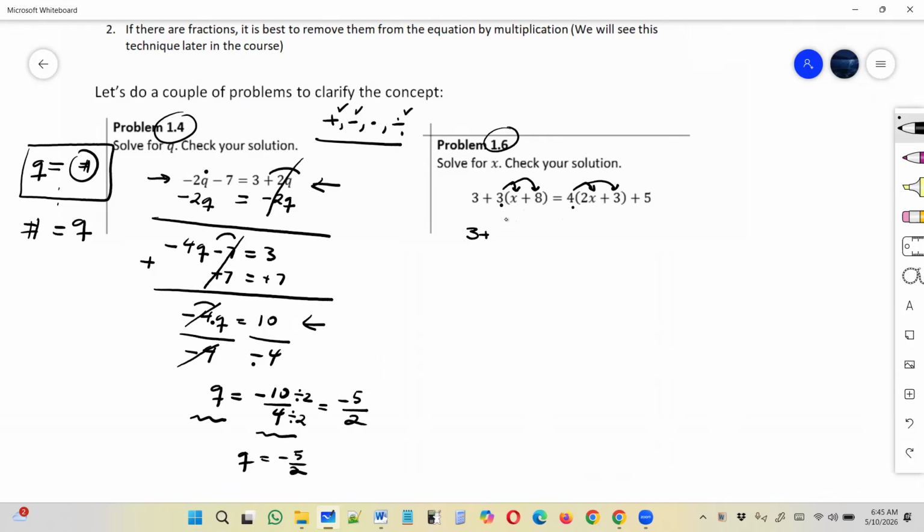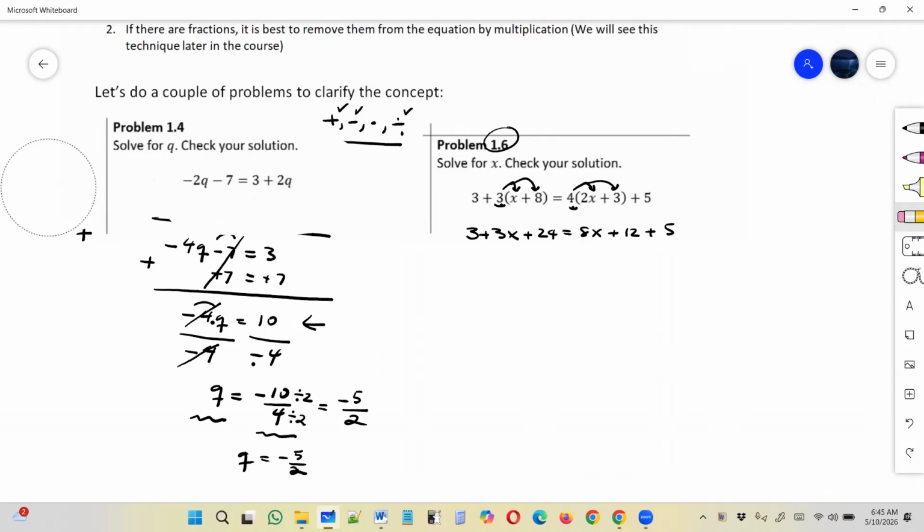So 3 times x, 3x, 3 times 8, 24, 4 times 2x, 8x, 4 times 3, 12, plus 5. Now, after the parentheses, after you distribute the number that is in front of the parenthesis, whatever you have in front of the parentheses, you have a similar situation to what you had here in example